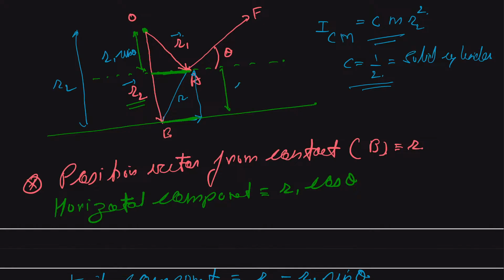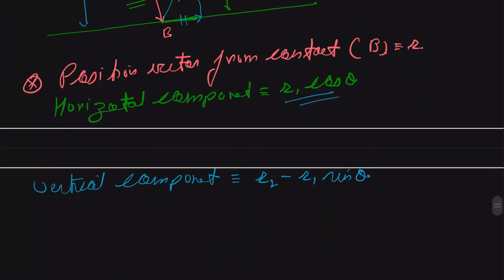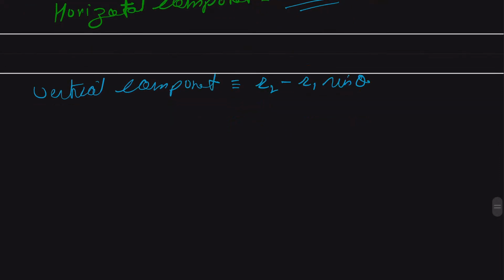So therefore this component comes as (r2 - r1) sine of theta, and this component is r1 cos of theta. Okay, and these two are equal. So we got our horizontal as well as vertical component. Therefore we can say that our vector r will be equal to